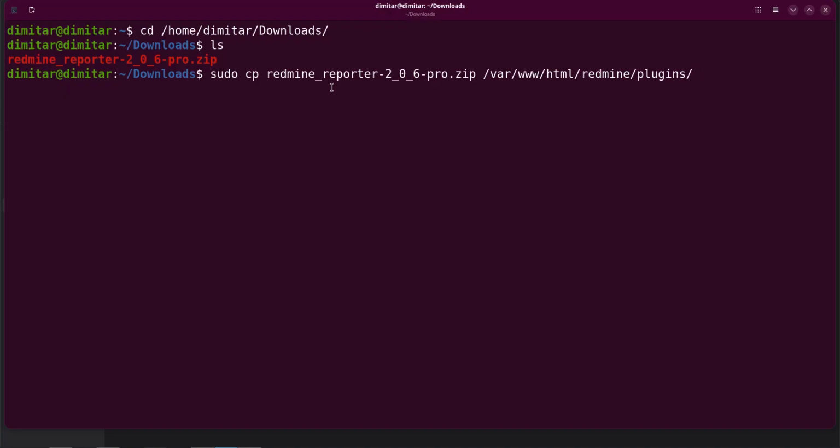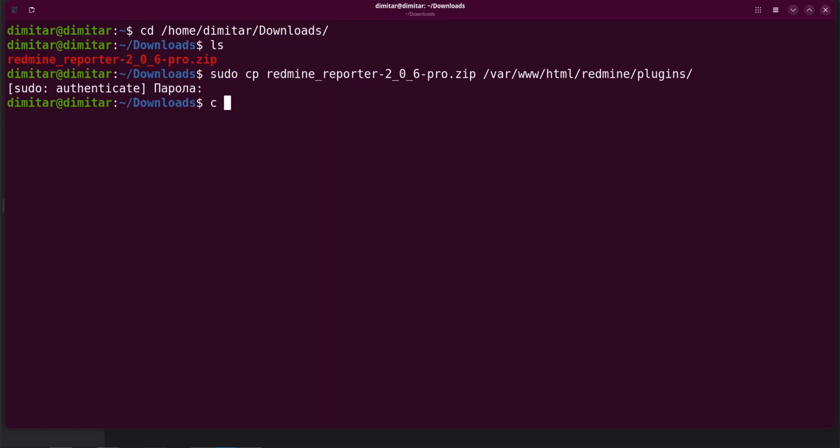Just to say that in my current example, I have installed my Redmine in this directory, this path. So sorry about that. Your Redmine could be installed in some different directory. All right. So please double check this before you start to do anything. Okay. So I click on enter now,